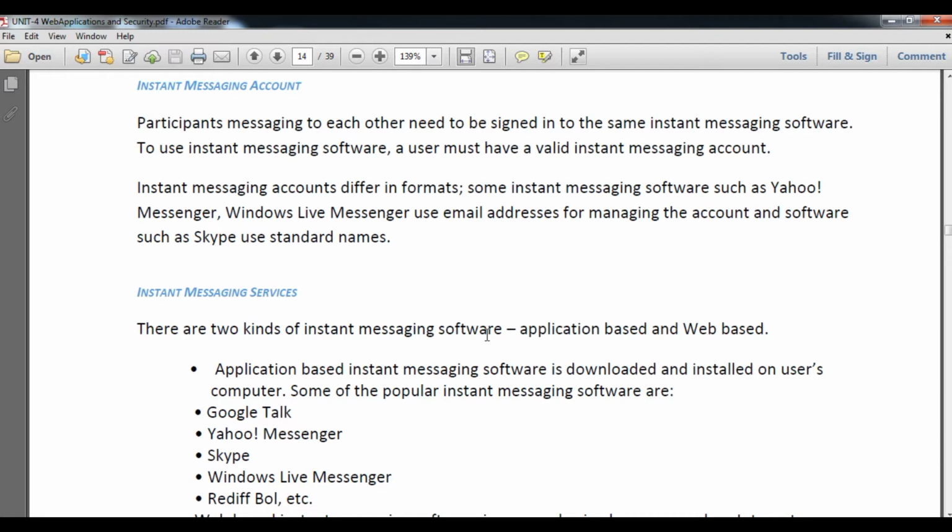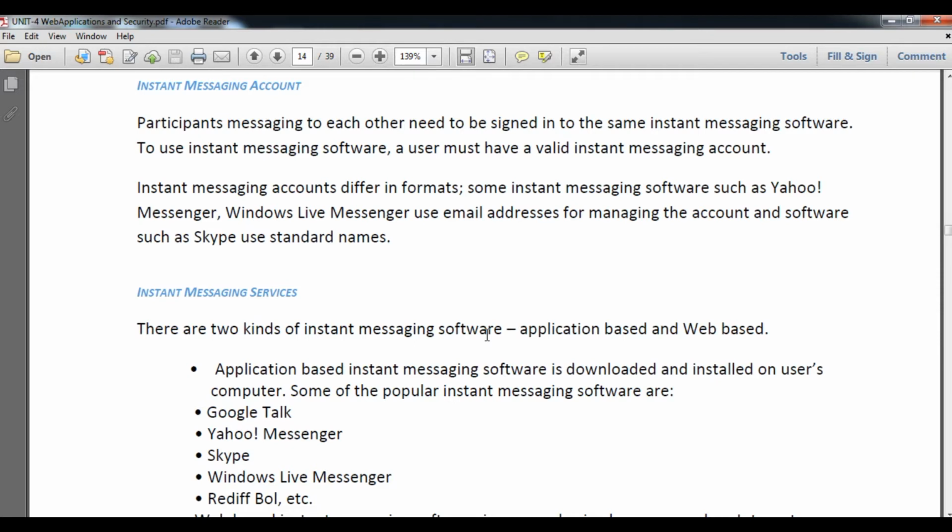First, participants messaging each other need to be signed in to the same instant messaging software. It means, students, when participants are using the service for instant messaging, they should use the same instant messaging software.